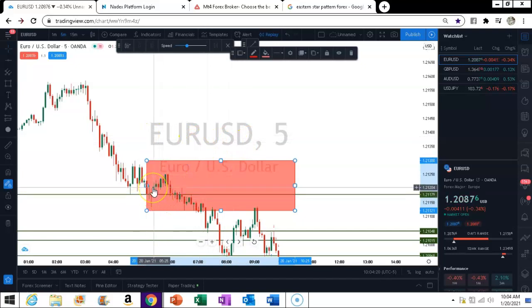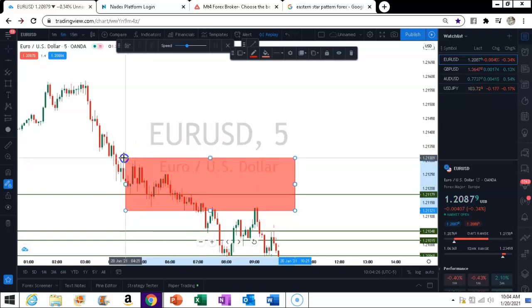So this is ranging at this point, okay? So when price begins to range, you want to see price break out of the range and then come back to retest the range. And you notice how price, when it broke out of the range,